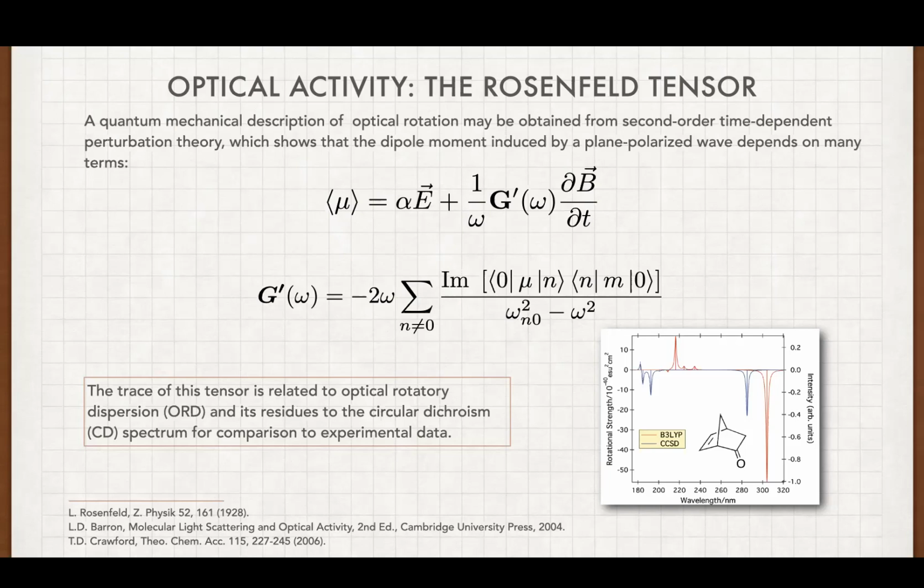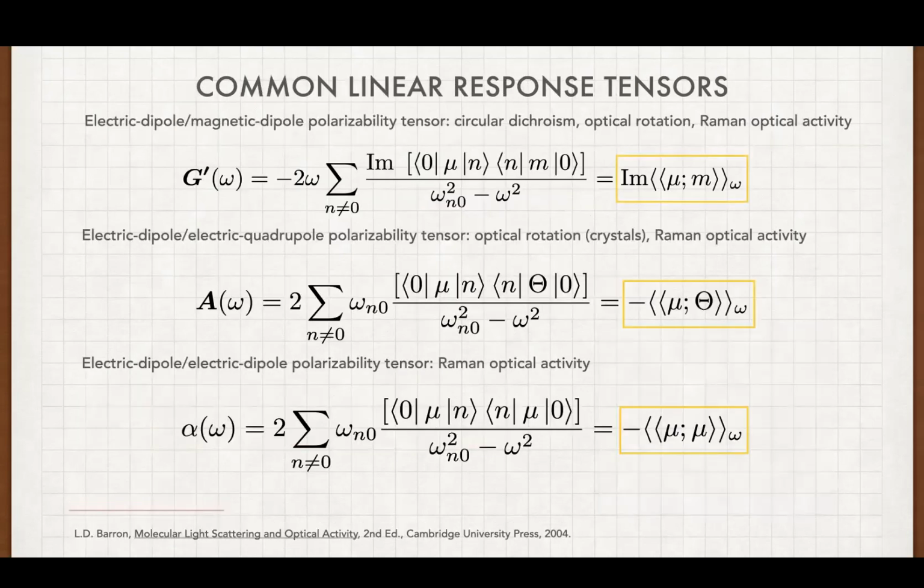The trace of this tensor is related to optical rotation, so optical rotatory dispersion. And the residues of this tensor are related to the rotatory strengths that you would measure in a circular dichroism experiment. Whether it's electronic circular dichroism, where the energy levels you're talking about are electronic excitations, versus vibrational circular dichroism, where the transitions are in the infrared, this is still the central quantity that you have to deal with. But it's not the only quantity that you have to deal with. And unlike